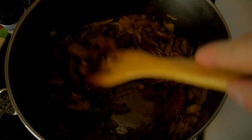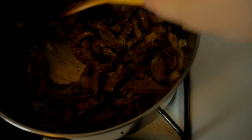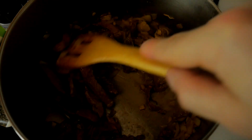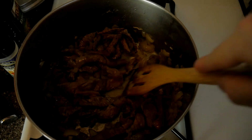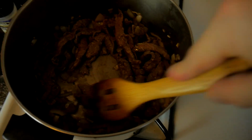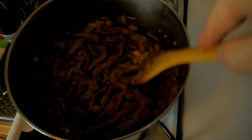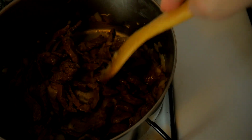You really want the beef to get browned because then the juices start to come out and it adds a lot of flavor to the soup. And it's what separates beef soup from chicken soup or a vegetable soup, if you will. Beautiful. Once the meat starts to brown,